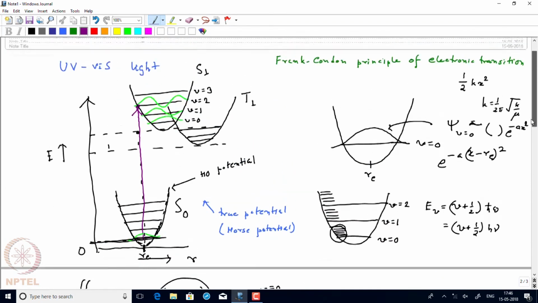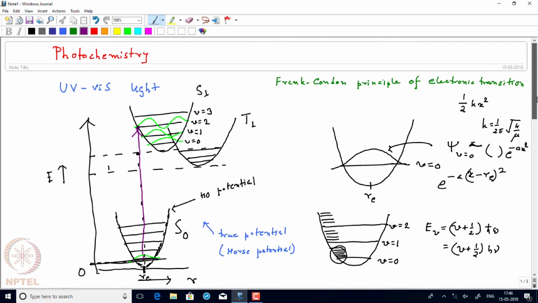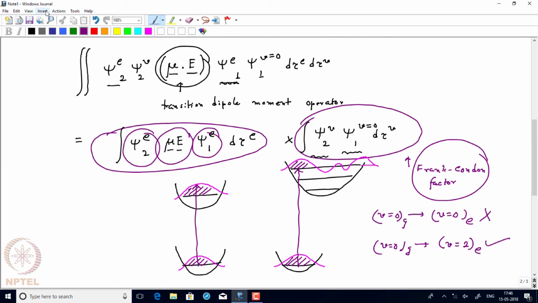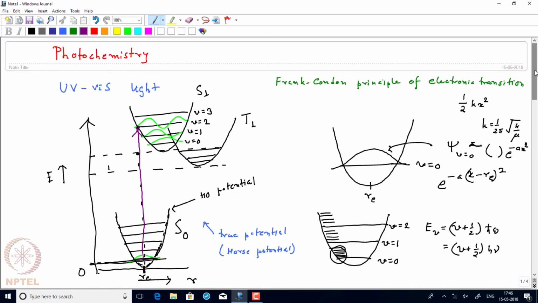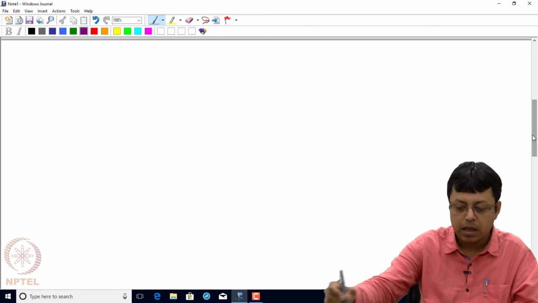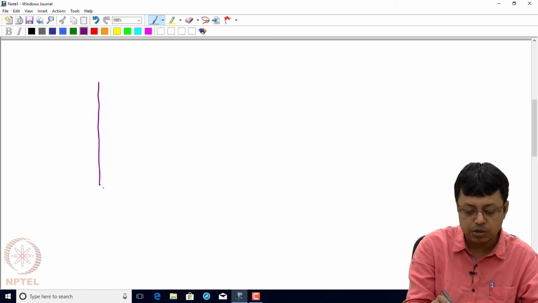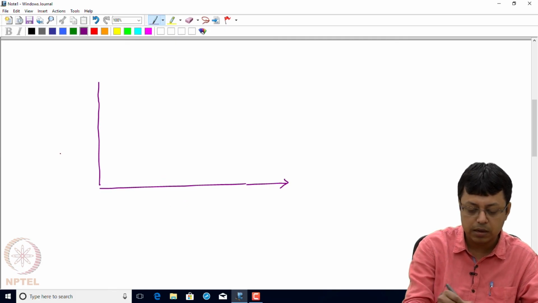Now as you can see, the spectrum will have many different features that we are going to discuss right now. So I will have an absorption spectrum corresponding to this electronic transition the way I have drawn it, and the absorption spectrum will be something like that. I am going from say v equal to 0 to all the states in the excited state, and one of them will be maximum, which is not actually v equal to 0. So if I plot the absorption spectrum along this direction, suppose I am plotting the intensity